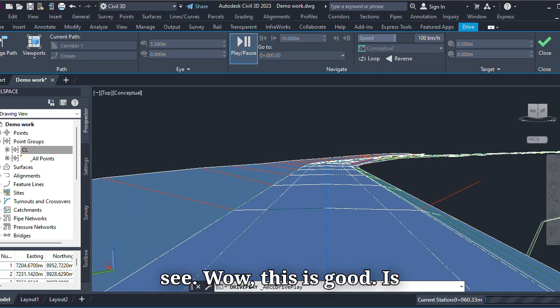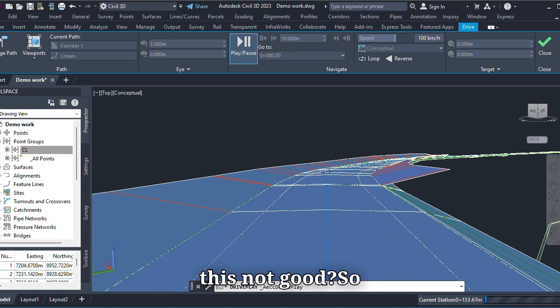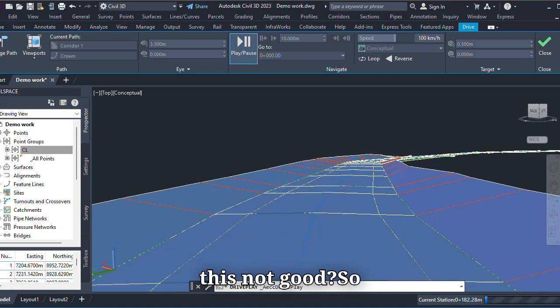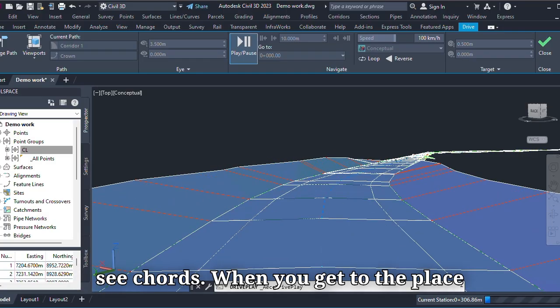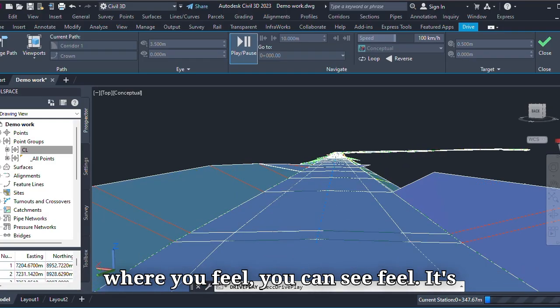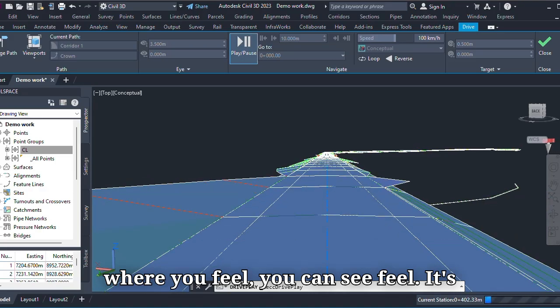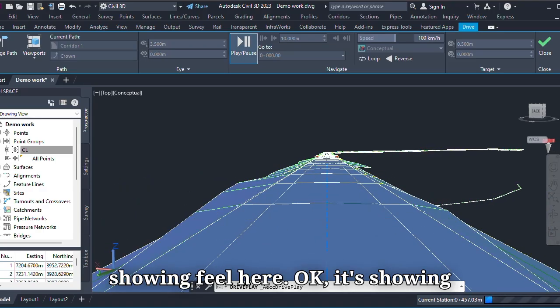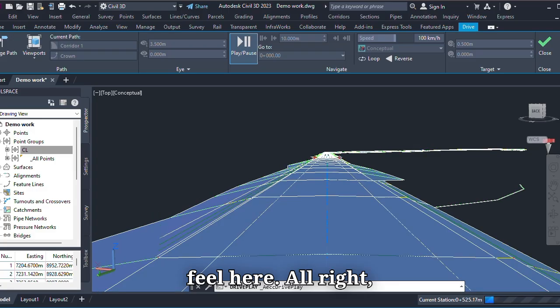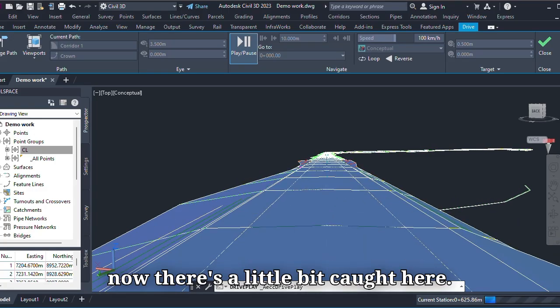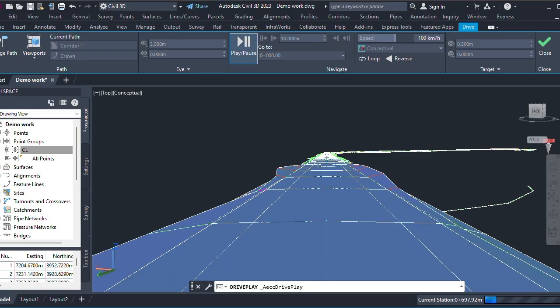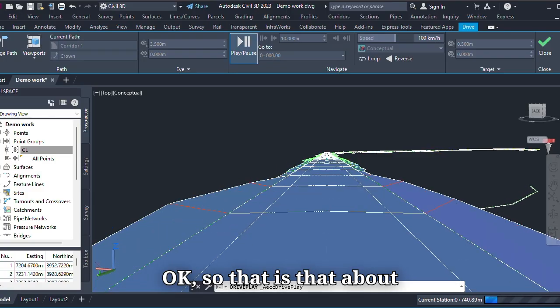You can see, wow, this is good. So all the chords, these are chords. When you get to the place where you feel, you can see fill. It's showing fill here. All right, now there's a little bit of cut here. Okay, so that is that about